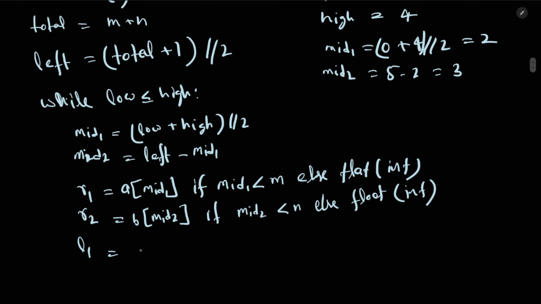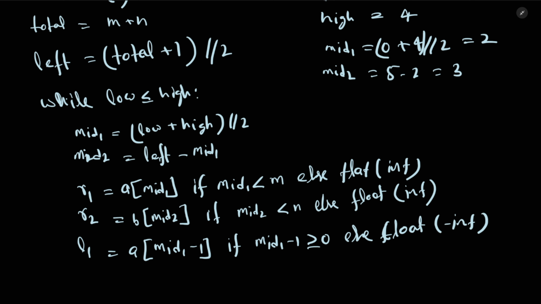So in that case, we can say A, and we can say mid 1 minus 1, and here we can say if mid 1 minus 1 is greater than or equal to 0. So if this is within the array, then we will take this value, otherwise we will set this to minus infinity. So here this will be float